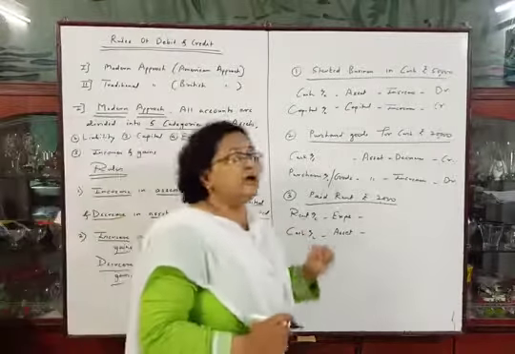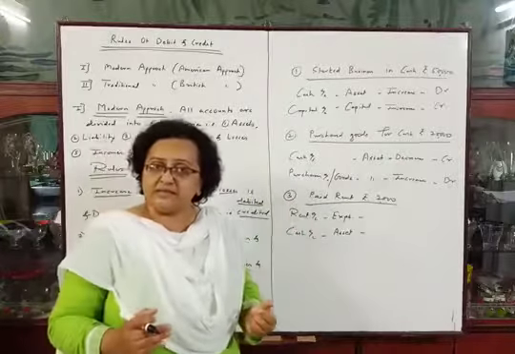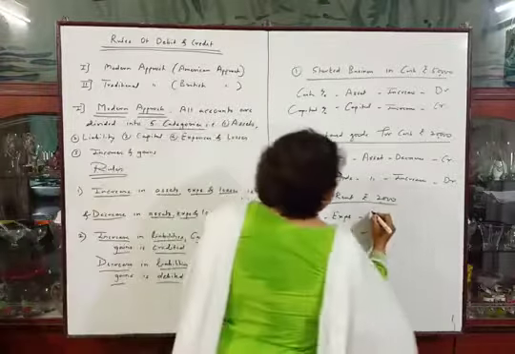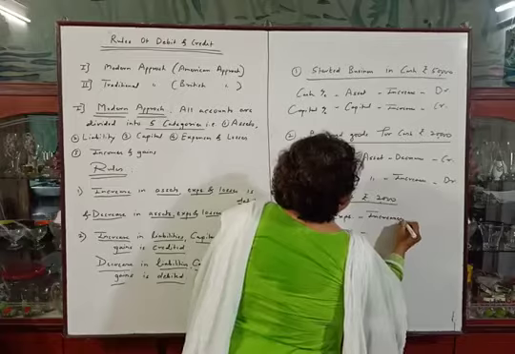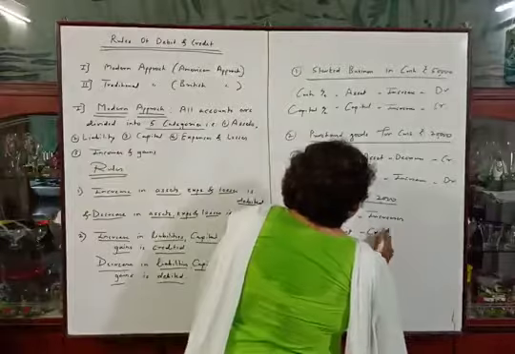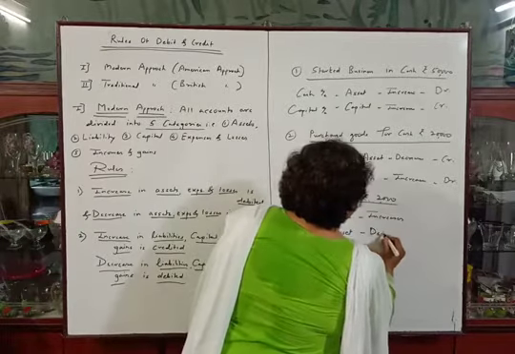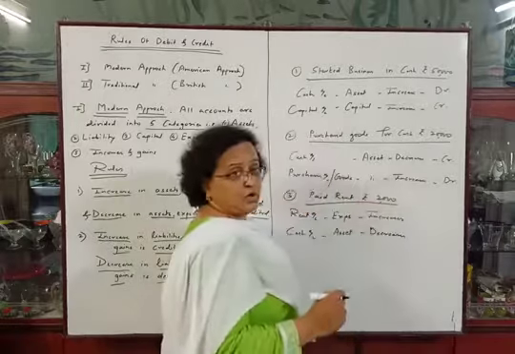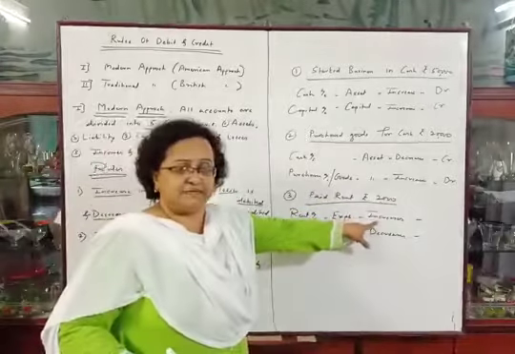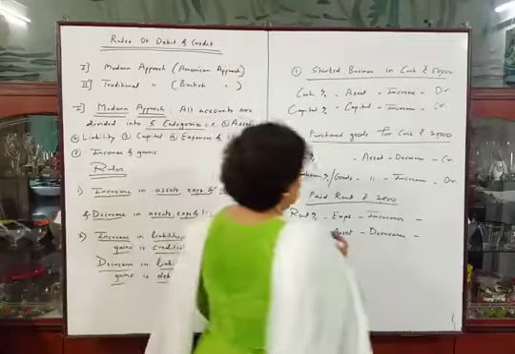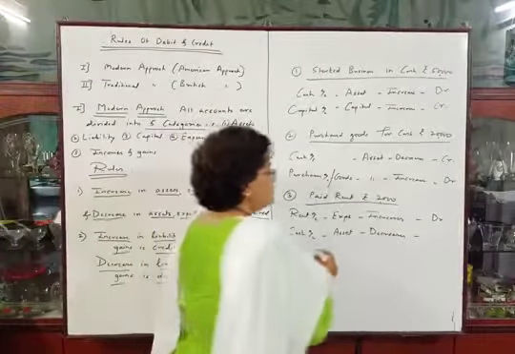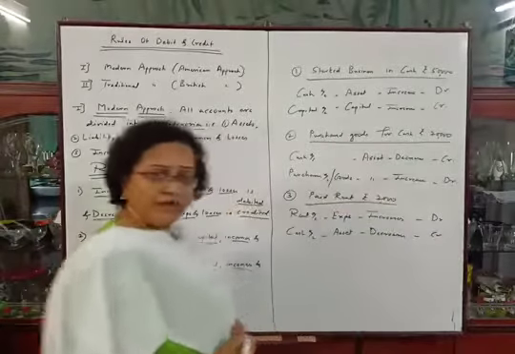Okay, so here paid rent is our expense, as we are paying rent, our rent, that is our expense, is increasing, so it increases, and as we are paying some cash, our cash decreases. According to the first rule, increase in asset, expenses and losses is to be debited. So rent account should be debited and decrease in asset should be credited. So cash account should be credited. Okay.